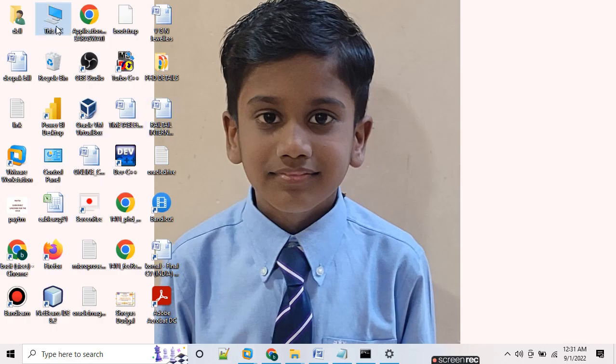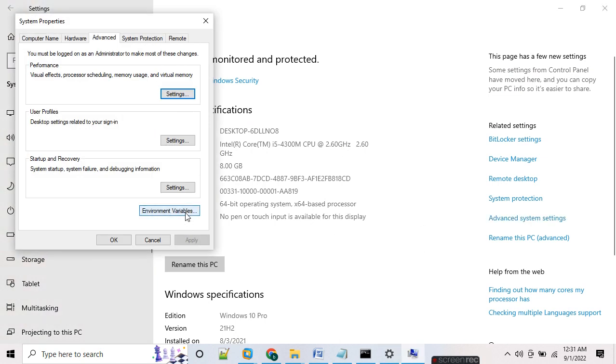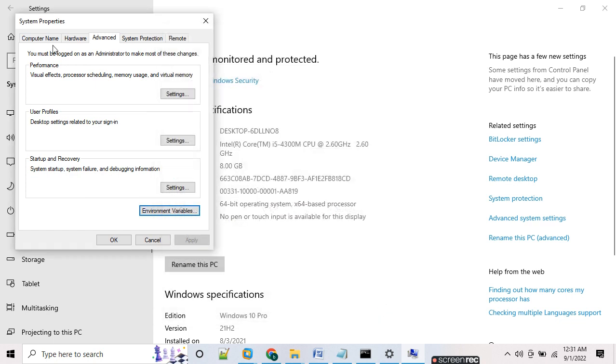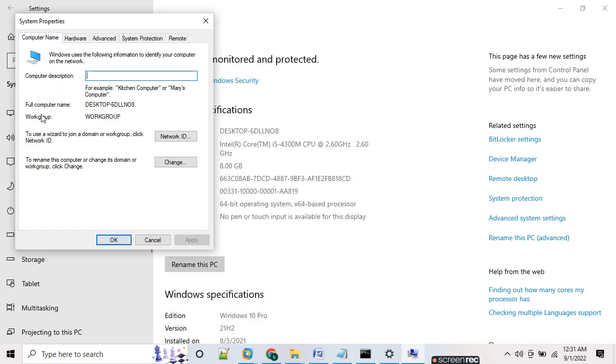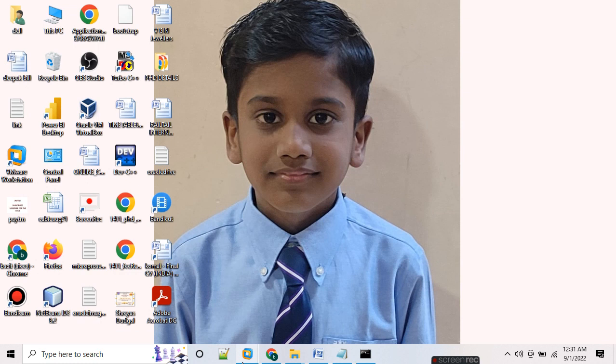So you can select This PC, go to Properties, and go to Advanced system settings here. You can go for the environment variables, not environment variables, here you can go for the Computer Name tab. You can see the workgroup name here. So whatever the name is there for the workgroup in the Windows machine, that workgroup name you have to provide